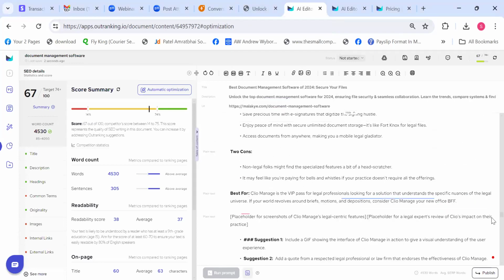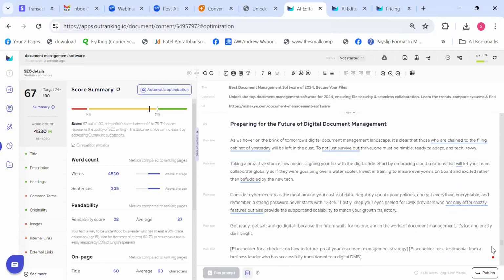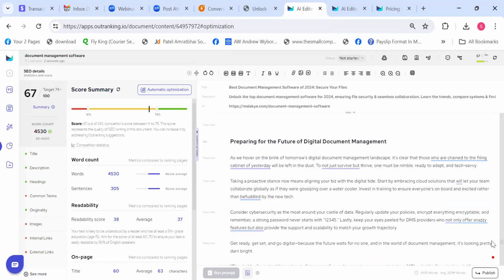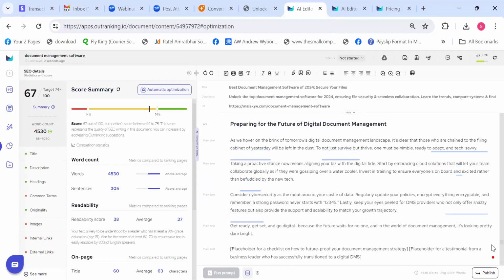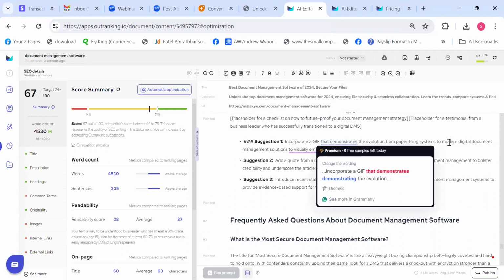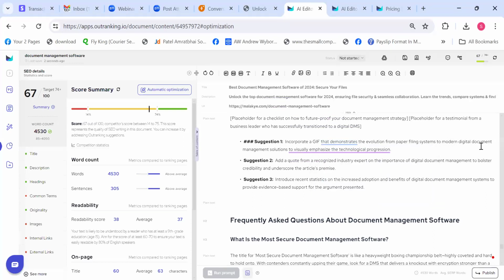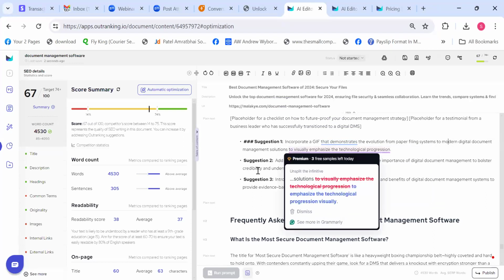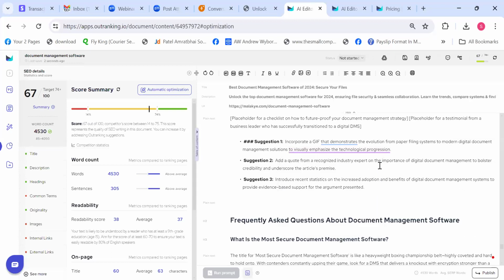So yeah, let's look into some other suggestions as well, so we can get an idea of how it looks. Here it says, preparing for the future of digital document management. Incorporate a GIF that demonstrates the evolution from paper filing system to modern digital document management solution. Add a quote from a recognized industry expert on the importance of digital document management to bolster credibility and underscore the article's premise. Introduce recent statistics on increased adoption and benefits of digital document management systems to provide evidence-based support for